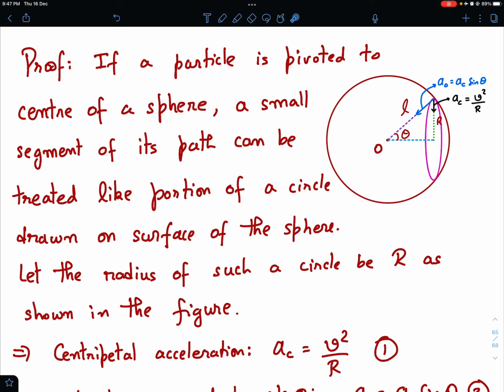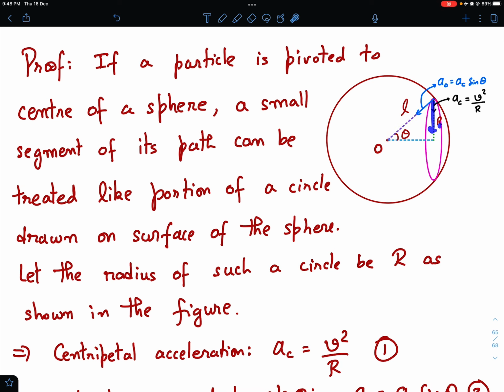Now in the circle, of course, let's say the radius of the circle is r and its instantaneous speed is v, then centripetal acceleration is v square by r, and this acceleration is nothing but the component of v square by r along this direction. So this acceleration is v square by r sine theta, and it doesn't matter even if we have tangential acceleration, that tangential acceleration is anyway perpendicular to L, so it will not have any component along L.